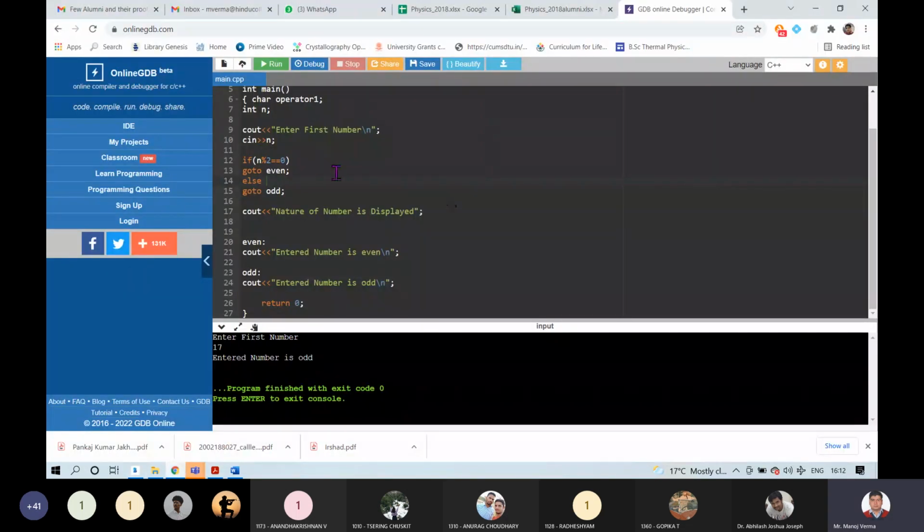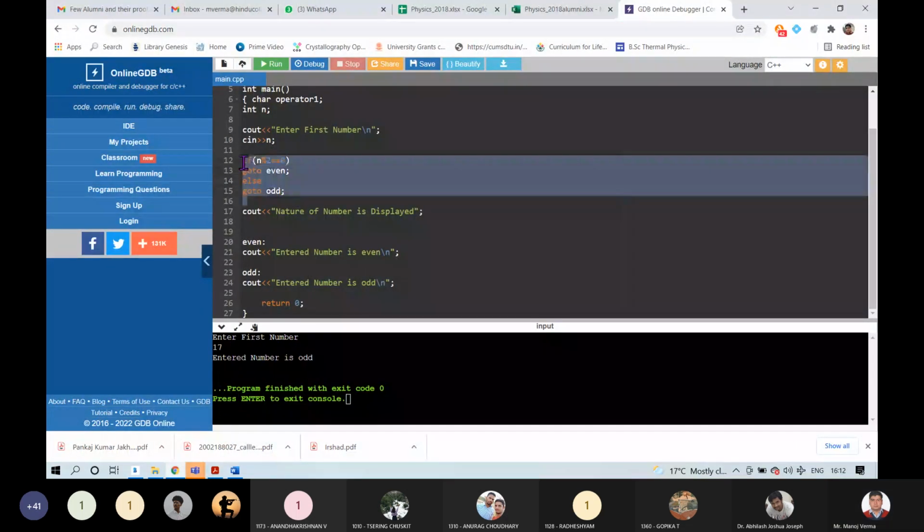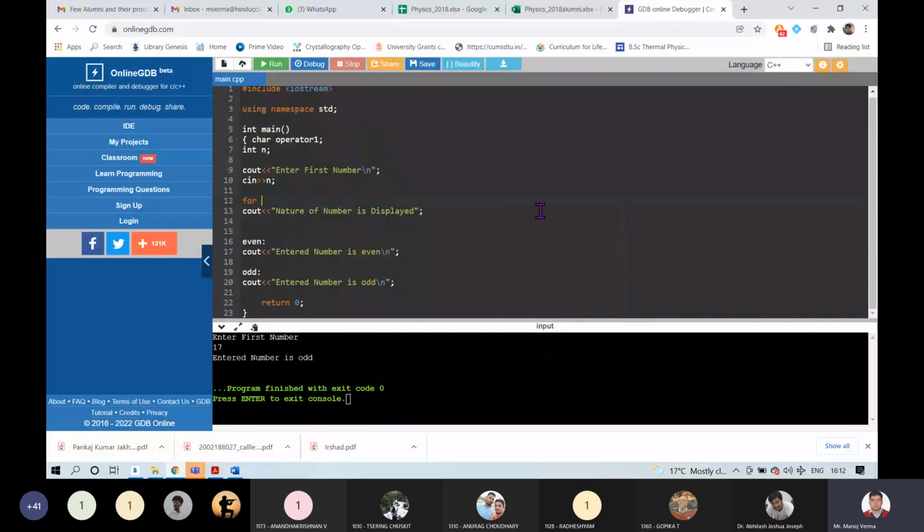This question you can also do by using a for loop.